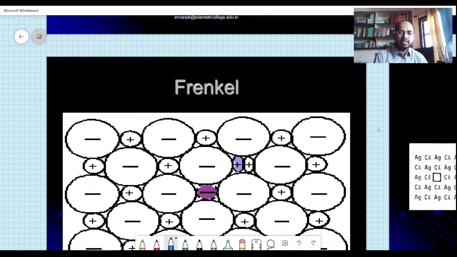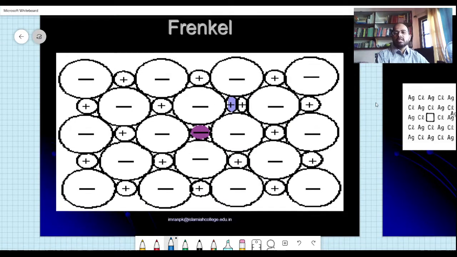But in the case of the Frenkel defect, as you can see, there is no missing, but instead you have extra cations there, and only one minus is there. So this 2 plus has to be balanced by one more minus atom. Remember, there is no missing. Okay, no missing cation, as in the case of the previous Schottky defect.